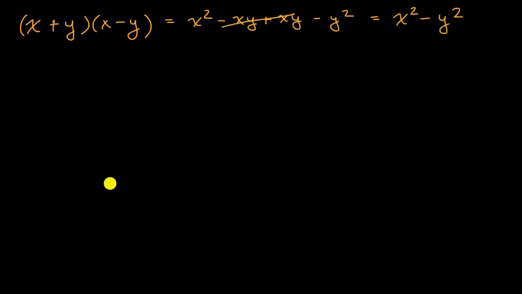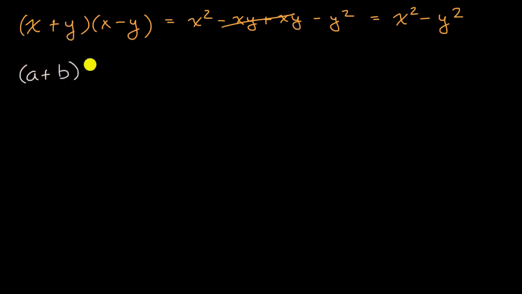And this is all a review. We covered it when we thought about factoring things that are differences of squares. We thought about this when we were first learning to multiply binomials. And what we're going to do now is essentially just do the same thing, but with slightly more complicated expressions. And so another way of expressing what we just did is we could also write something like (a plus b) times (a minus b)